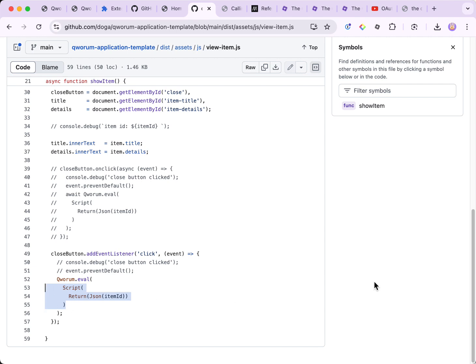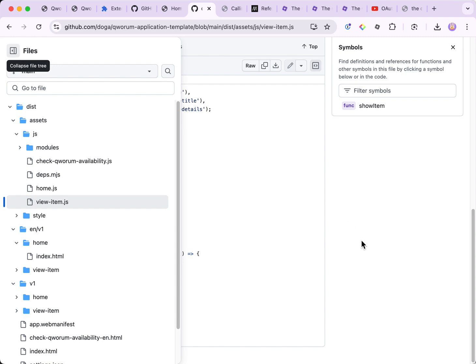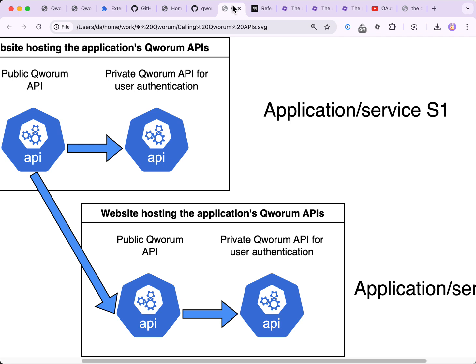The script format that I have developed for Quorum works both for calling API endpoints and returning from calls. So here we have a return instruction. The script basically just returns some data. That's as simple as that. So in this example,